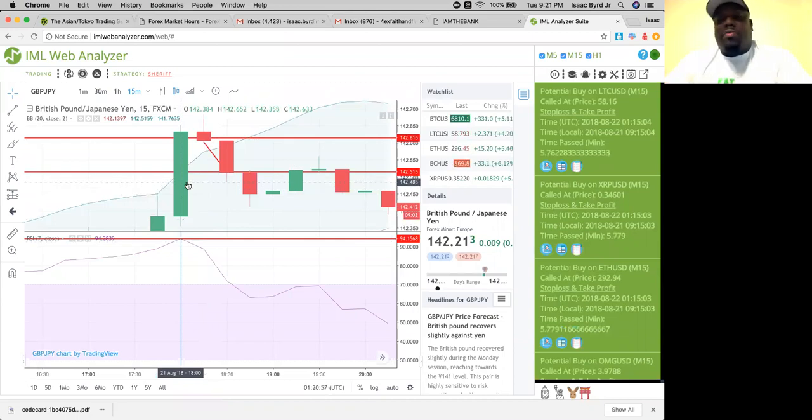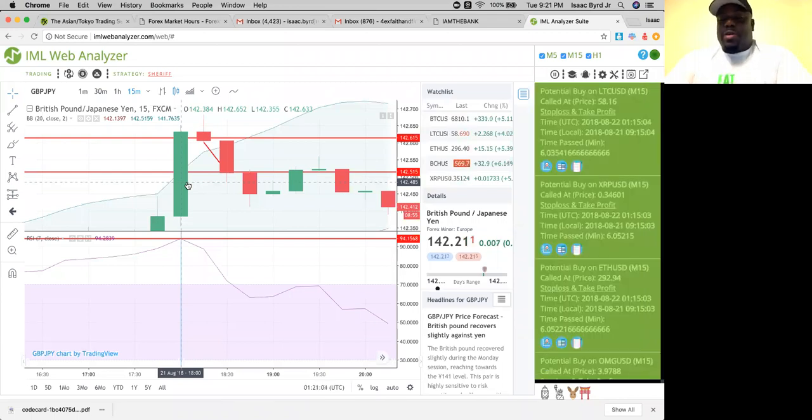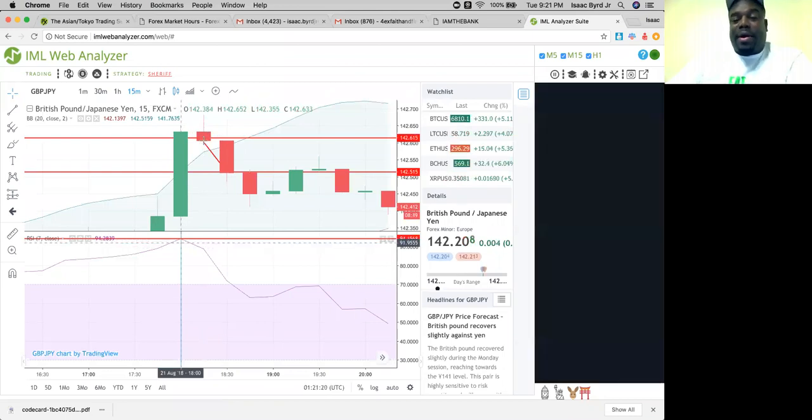Once it gets too high, there are too many people buying this on the market. It's got to come back down. It's almost like Newton's law of gravity: what goes up must come down. So the way this works is you're seeing this candlestick be created. Like I said, this number has gotten so high, it's bound to come back down.